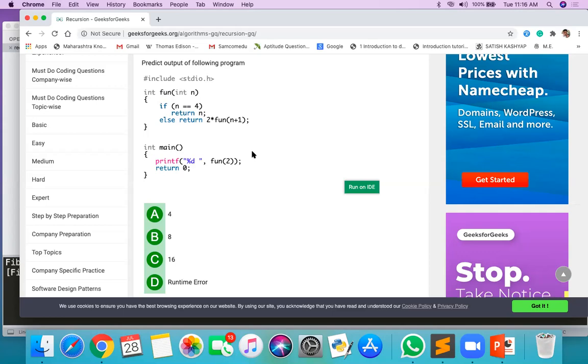Yeah, I get the answer. To solve this type of problem, you have only 1 to 2 minutes, maximum 2 minutes.